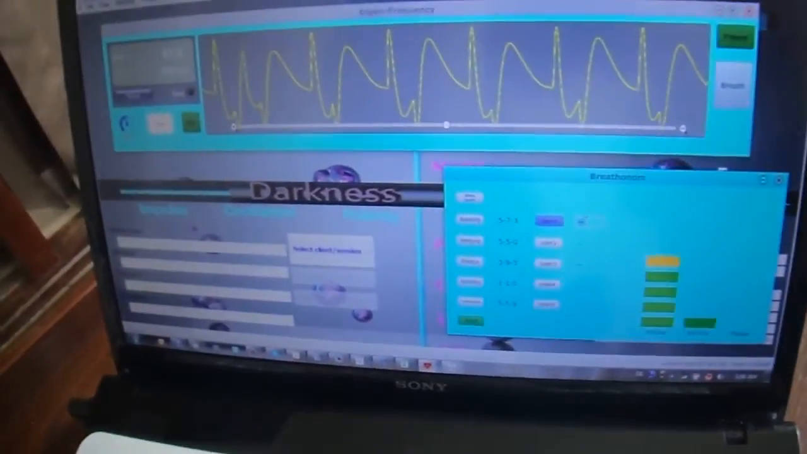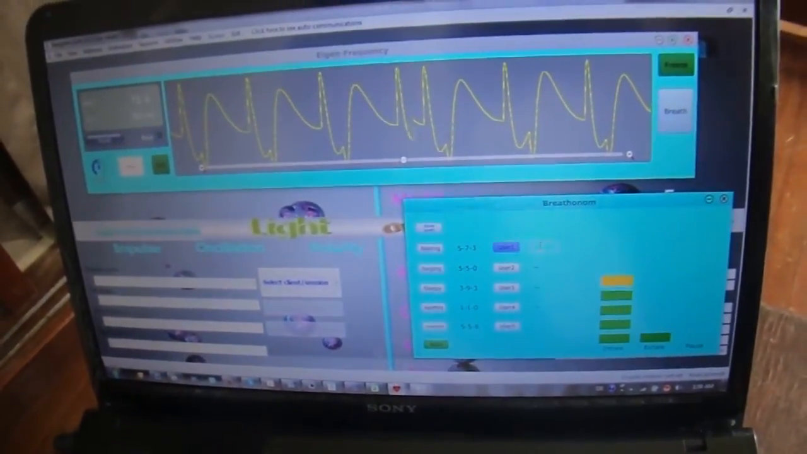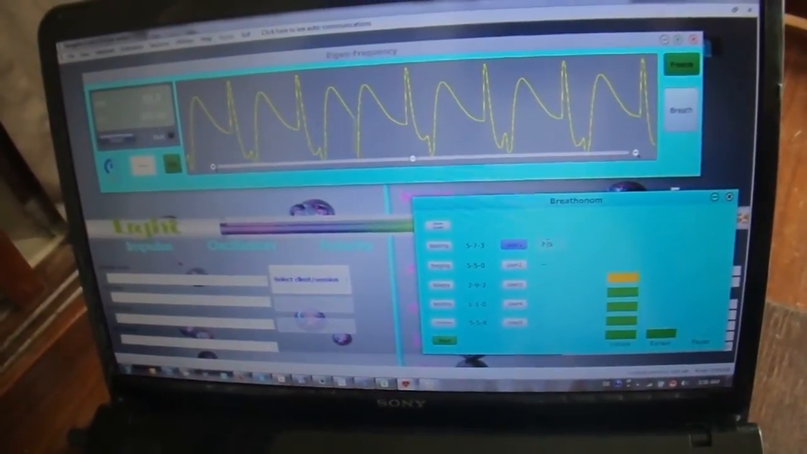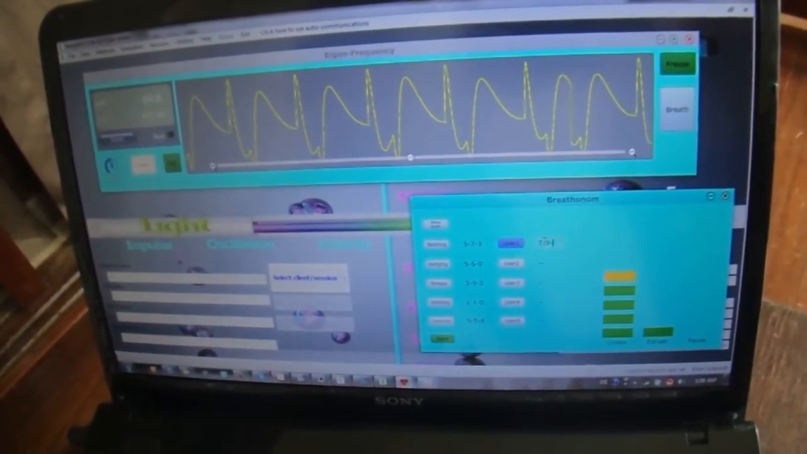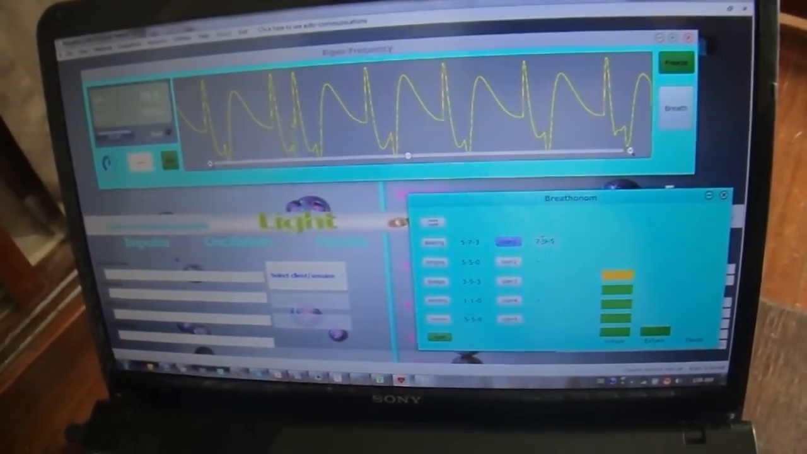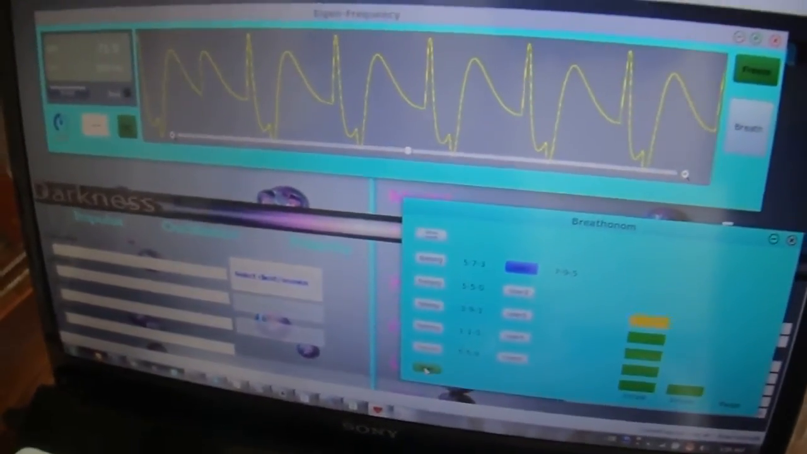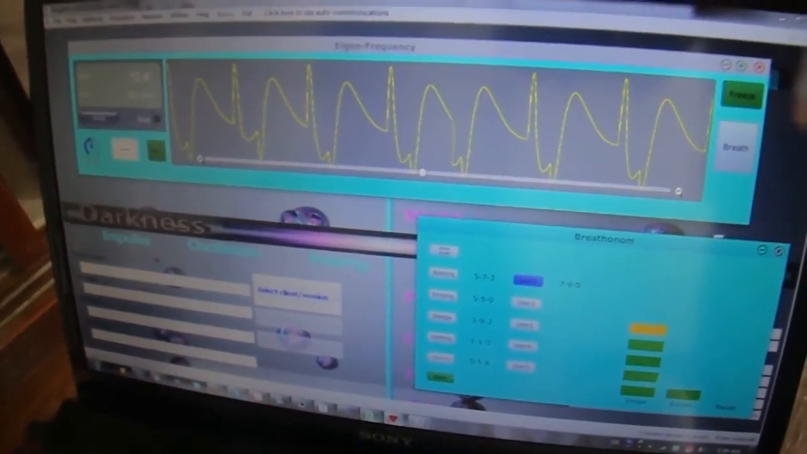So, as I said, you can put in your own. Let's say I can stop this here, and here I can put in another pattern. For example, I say now 7, and then you put the dash 9 exhale and 5 pause. So this is the next step. Of course, it's a longer exhalation, and then again I can start,